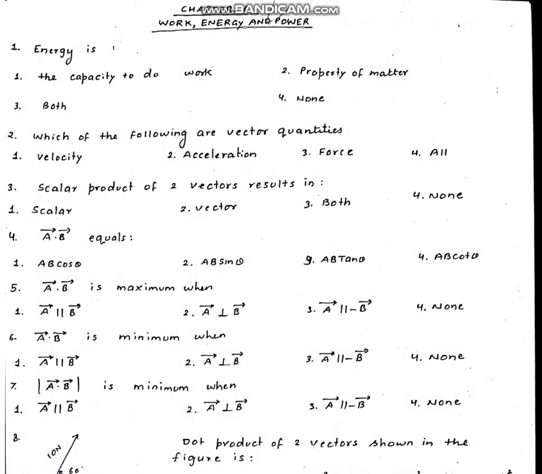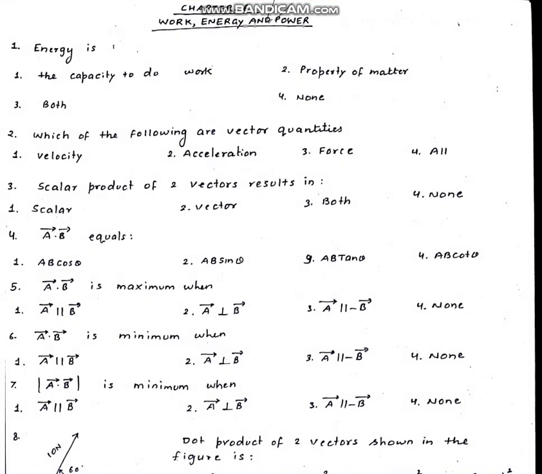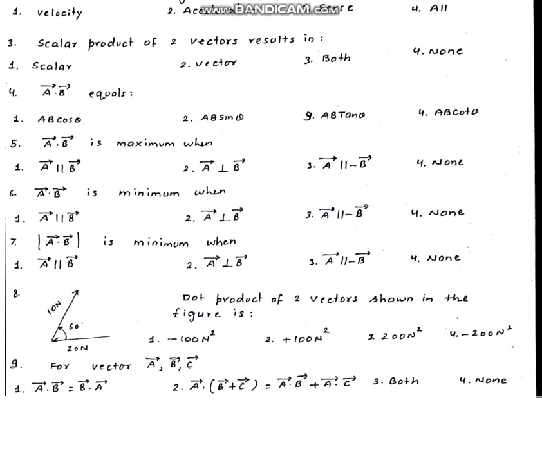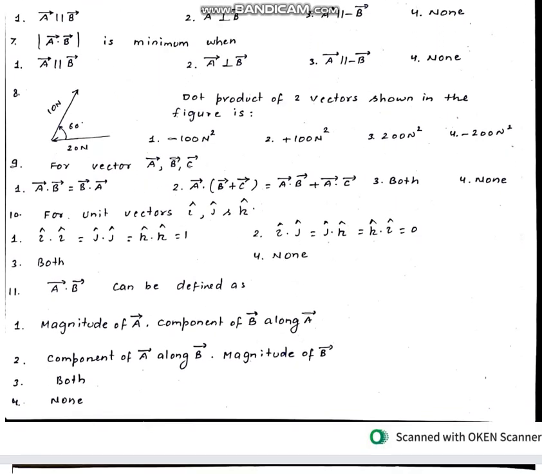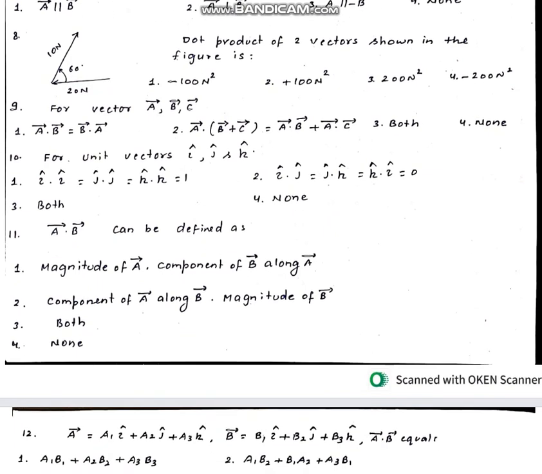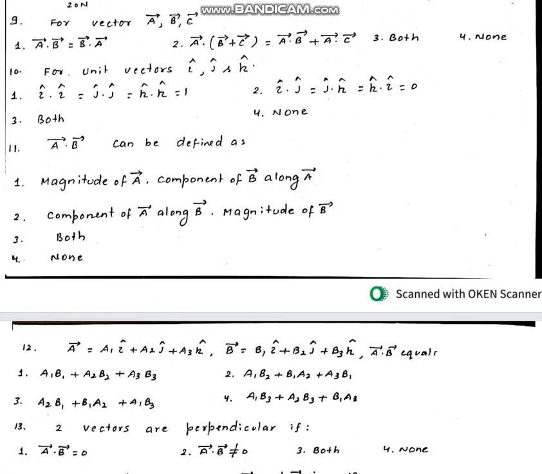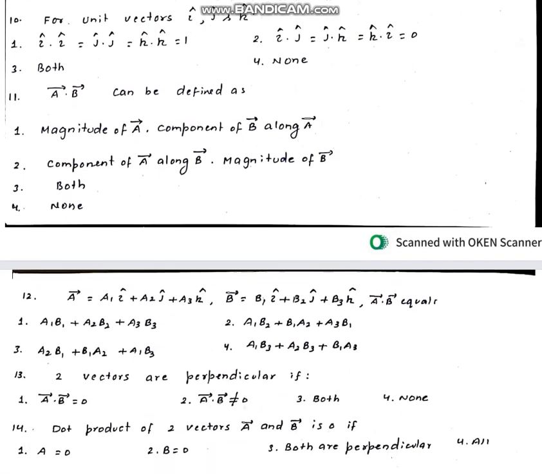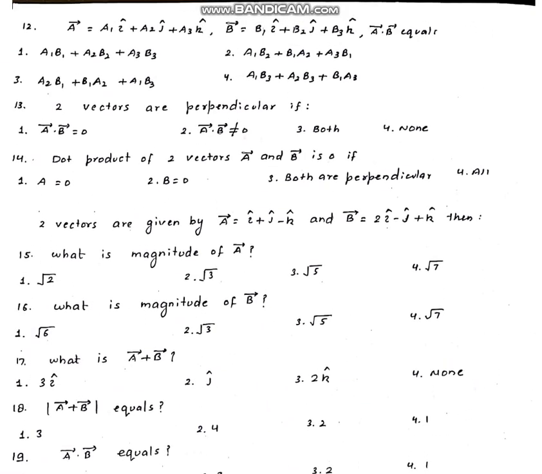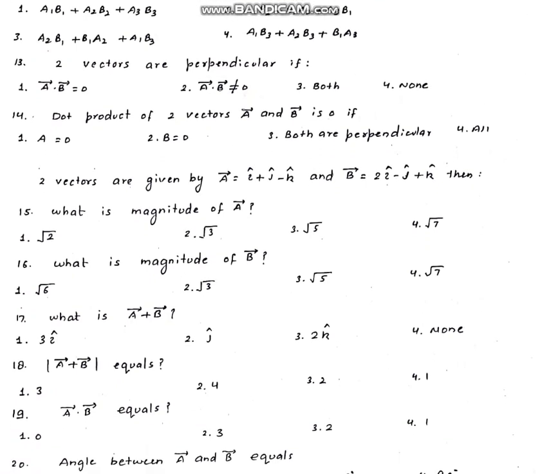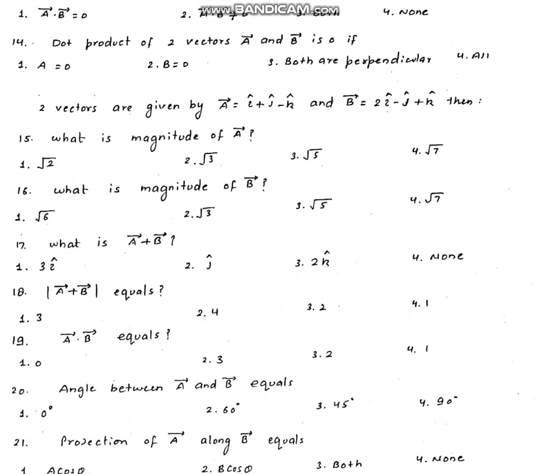So initially we have questions on the form of energy, and what is energy, then which are vectors and scalars, then we have a scalar product, conditions for maxima and minima, then we have magnitude of dot product, the conditions for which these are maximum and minimum, then we have some numericals based on dot product, then properties of dot product, then we have some unit vectors, then we have a dot b, then we have a numerical based on two vectors and their dot product, then we have conditions for perpendicular vectors, then dot product zero conditions,